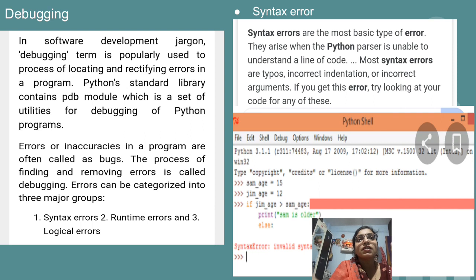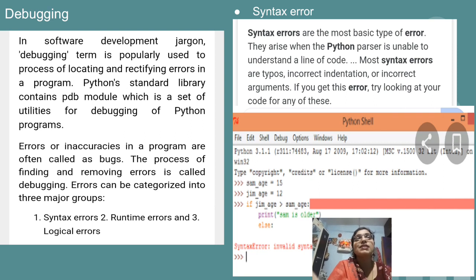First, there is a variable sam_age equal to 15, and in the second line jim_age equal to 12. Then we put an if condition, comparing the age of Jim with Sam. If jim_age is greater than sam_age, we print the message Jim is older. After that there is an else, but as we all know, else is a part of the if statement only.